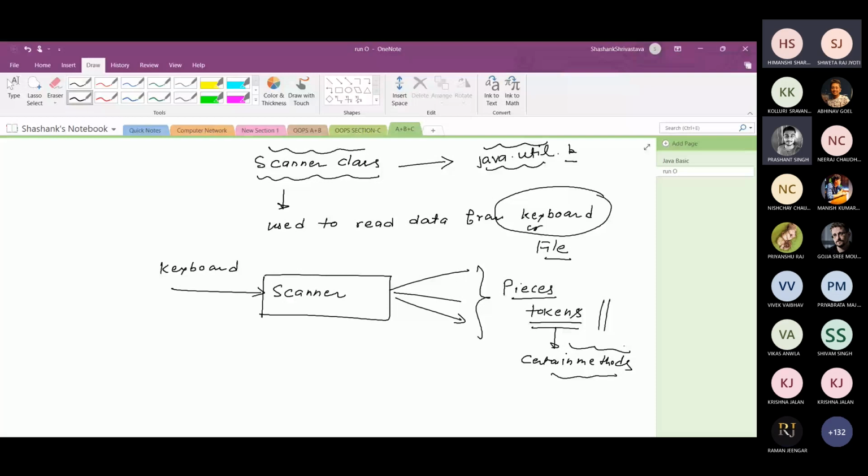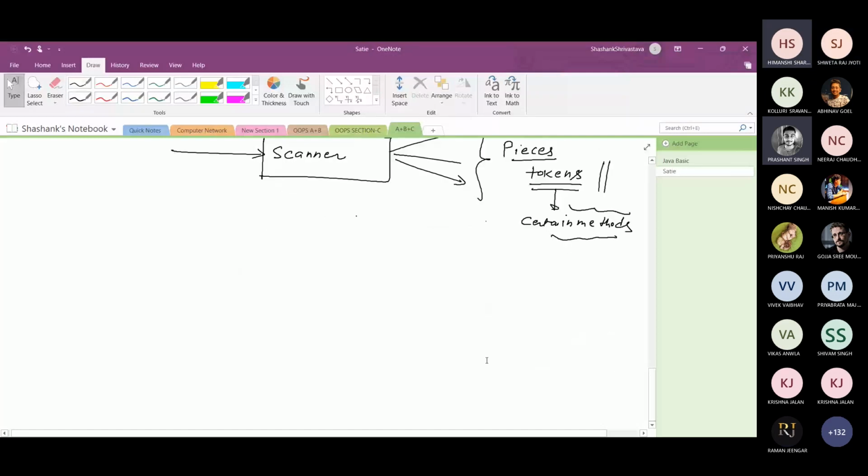So to read the data from the keyboard, you create a Scanner class object, and with the help of its methods you can access the functionality of the Scanner class. First step is to create an object of the Scanner class.